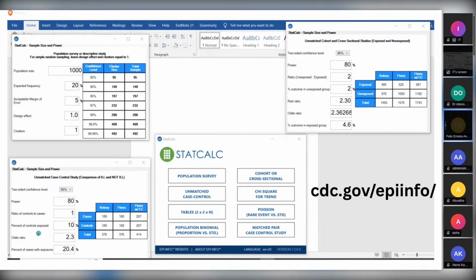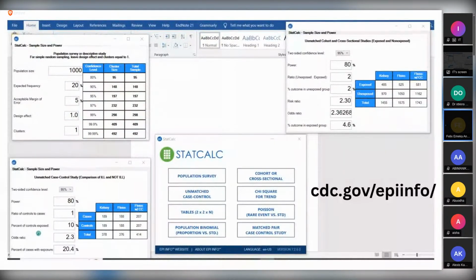So you can find expected frequency from literature, from a previous study that is similar to your work. Like I said, if you're doing a study on prevalence of depression or prevalence of malaria, look for a similar study in your own setting or in your own region that did something similar to what you want to do. Check whatever prevalence they got in their own study. That is the prevalence that you're going to put in the expected frequency. Then 5% is by default.